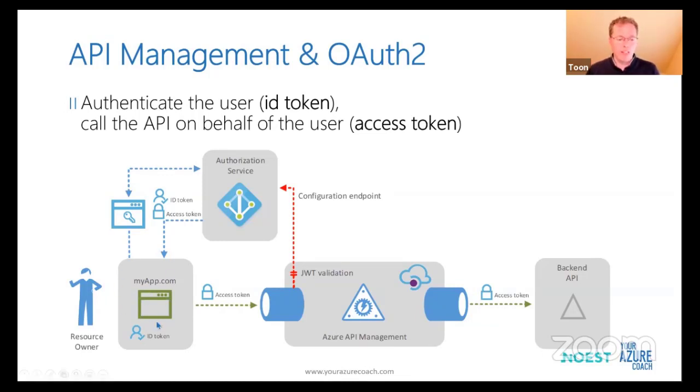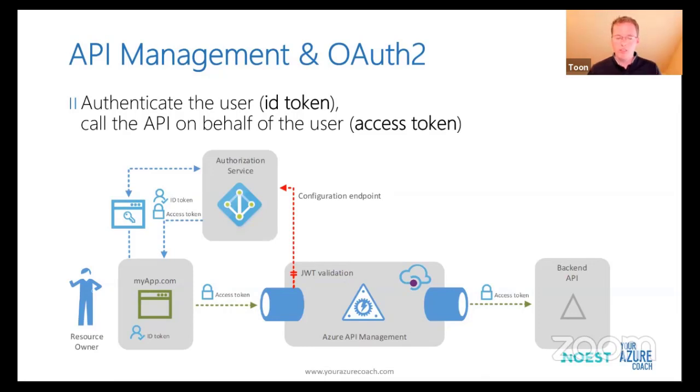The ID token should remain in the application, and the access token is sent to the API management, where of course API management needs to validate that access token, that JWT, JSON Web Token. That's typically done by the validate-jwt policy in API management, and that one is configured with a configuration endpoint. This is the discovery endpoint, the well-known endpoint of OpenID Connect, where API management grabs all the information about